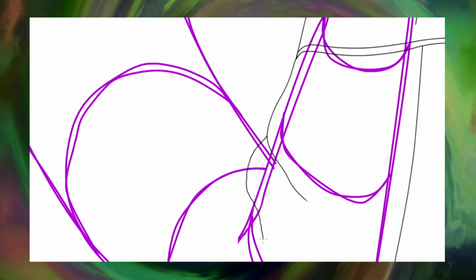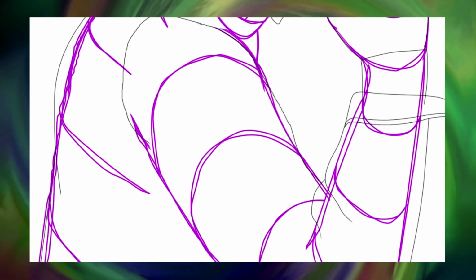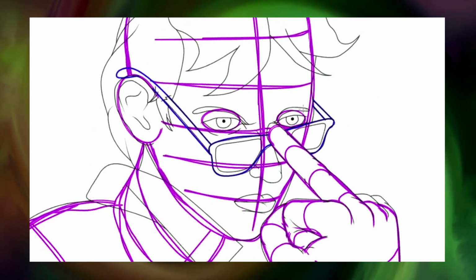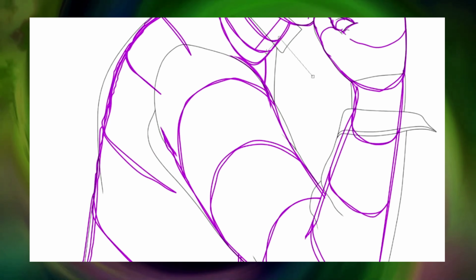You will notice that there's a few parts of this preliminary sketch where I use control points to correct the lines. If you happen to have an artist eye, you can tell pretty easily which drawings of mine were made with line correction and which ones weren't. Hell, you could even tell when I'm using a mouse and when I'm using a tablet. For this particular drawing, I used a mouse, and the only parts where I used line correction were mostly for the preliminary sketch. You'll especially notice this when I'm drawing the fingers and the sunglasses.